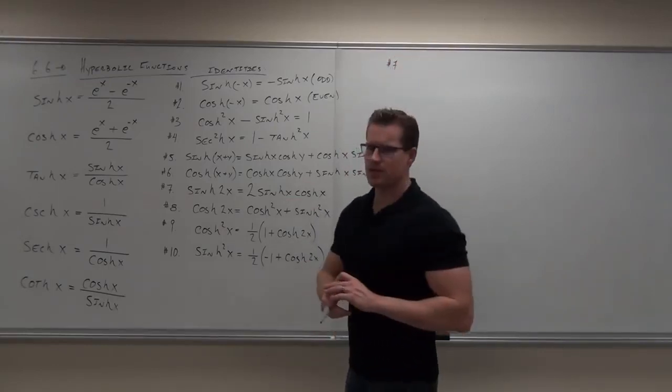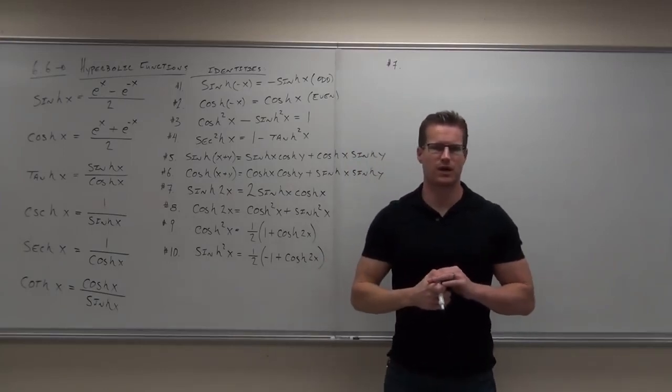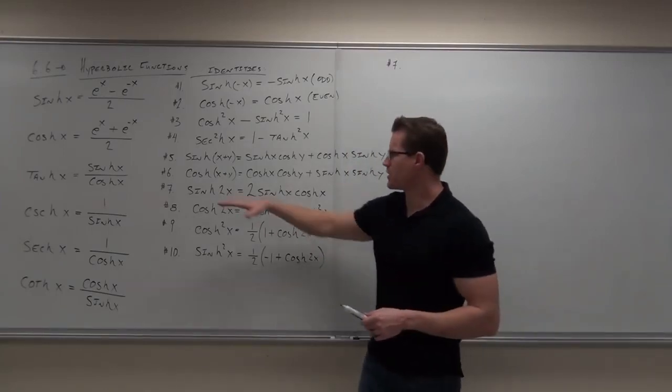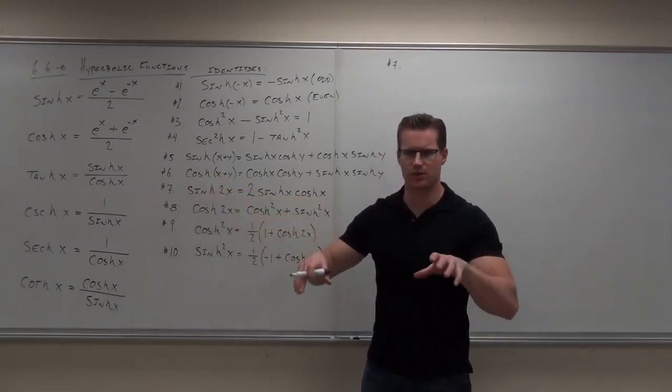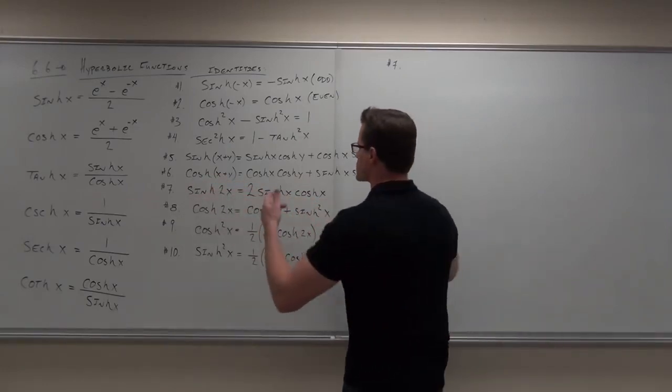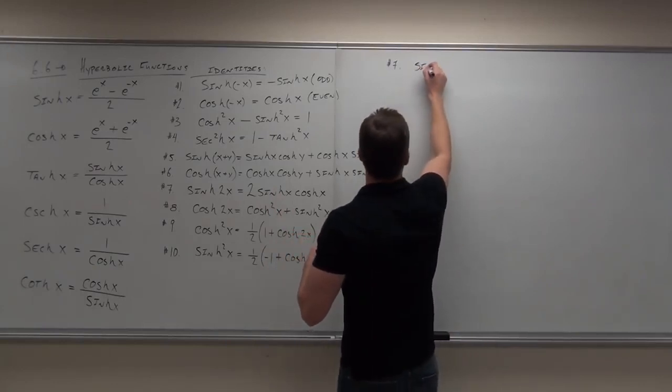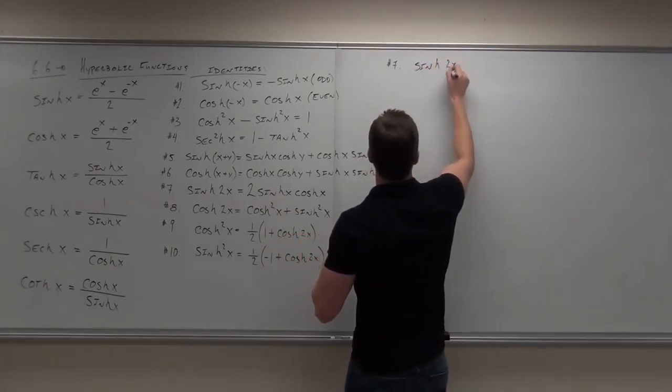The way that you prove these, I know you're still writing, some of you, but the way you prove these, you start on the left side, or start on one side and prove the other side. You don't do them both at once. You start on one side and work to the other. So if I start with sinh of 2x,